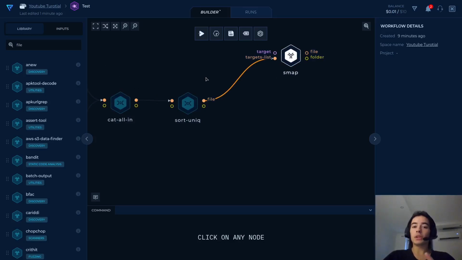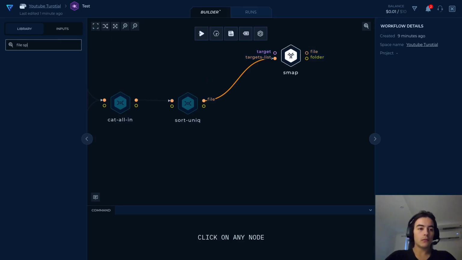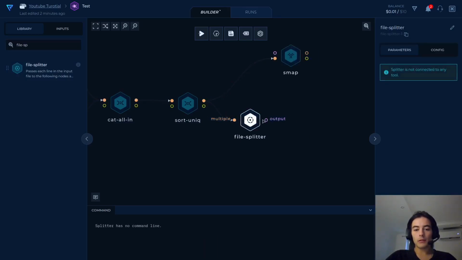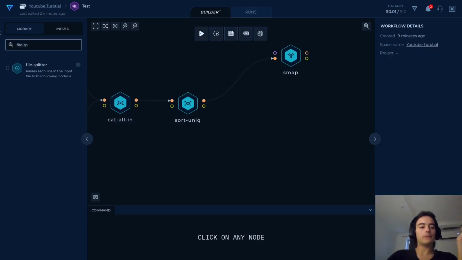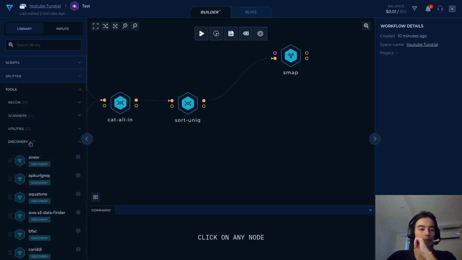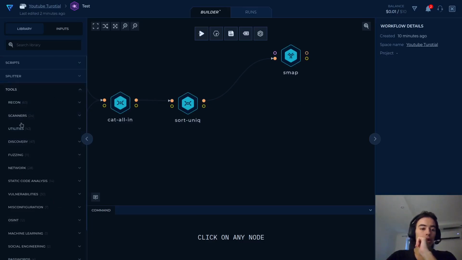But if the tool did not accept a file, but it required a URL, what you can do is use a file splitter, take this file, put it here, and take the output and use it as a single value. But in this case, we don't actually need that one. So let's see, we're gonna check it out with smap, and then